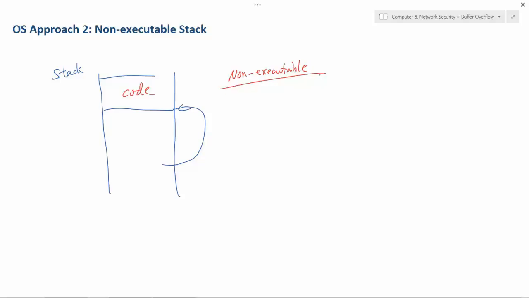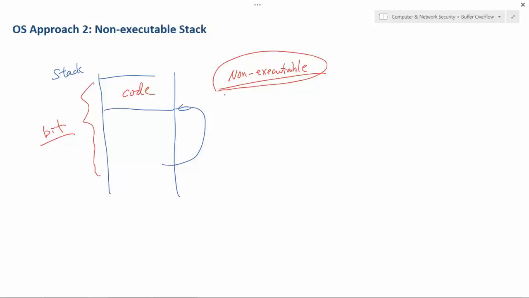And this is supported by the hardware, so you need hardware support. For this block of memory, you can turn on that hardware bit, the non-executable bit, and there's a read bit, a write bit, and an executable bit. So you can say, I'm going to turn off the executable bit for this block of memory. If the CPU tries to load code from here, it will actually check that bit, and it's all done by the actual hardware, not by instruction. If the bit is off, the CPU is going to basically panic and crash the program. So that's called a non-executable stack.